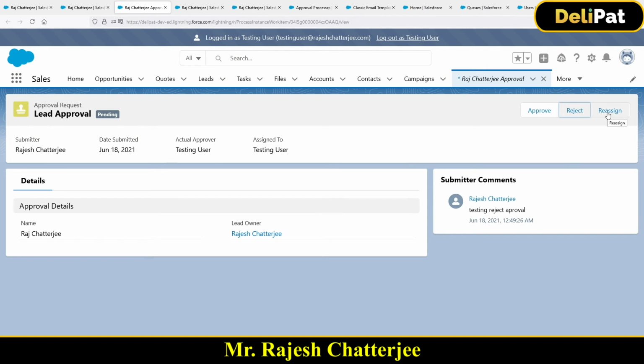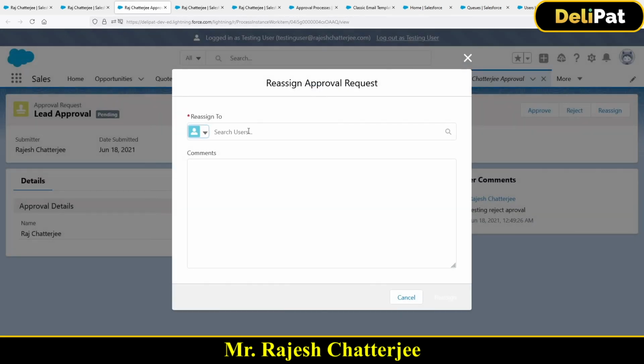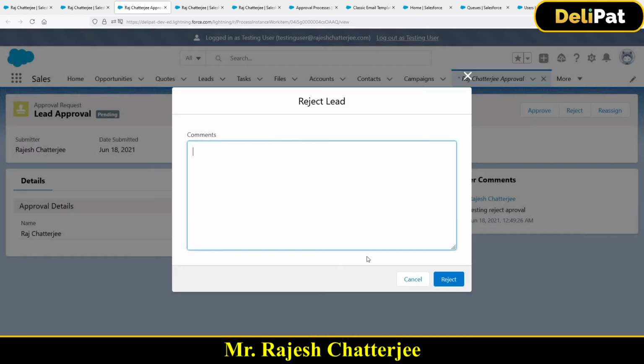You remember the recall one, right? It's a reassign. So let's say I, as the approver, think that this record should be approved by someone else. So I can again reassign this approval to someone else. This is something that I can do as approver only. Because the testing user is the approver, testing user has got this option to reassign to someone else. I'm not reassigning, I'm just clicking on reject,